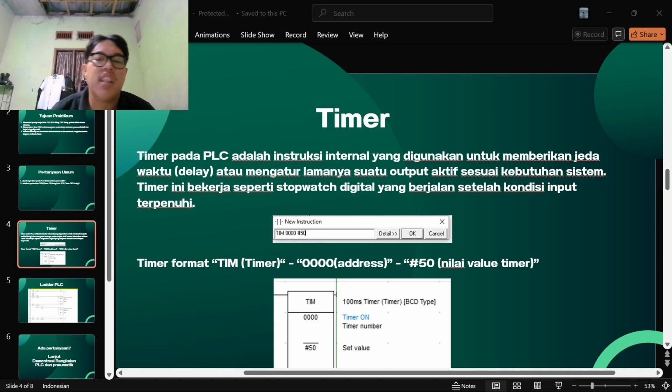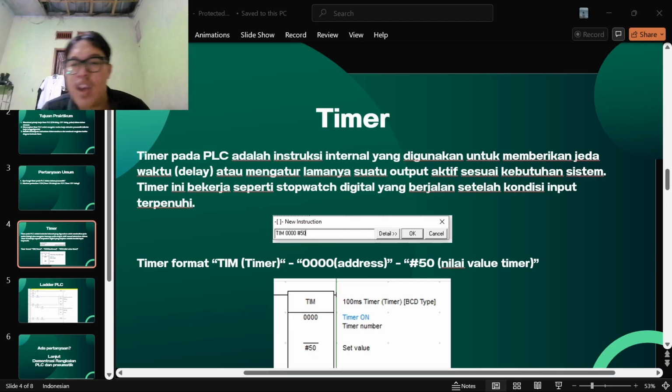It starts counting when the input condition becomes true. After the set time elapses, the output turns on. Example, a motor starts 5 seconds after pressing the start button.